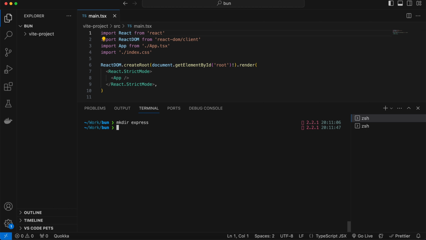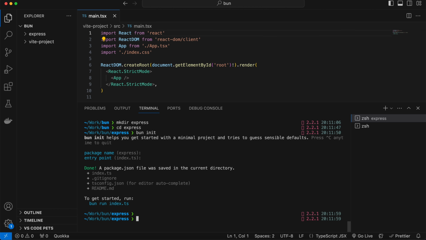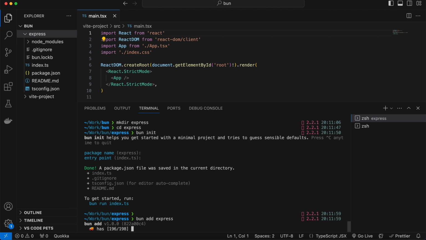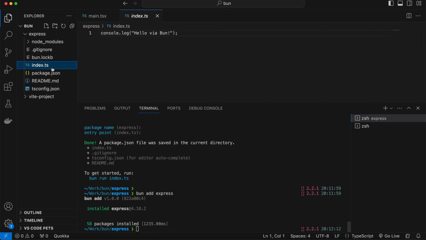I call it express, and let's say we go there and we want to initialize our project. So we get our small project, and let's say I want to add Express here, and it is added. And now I want to go to index.js and